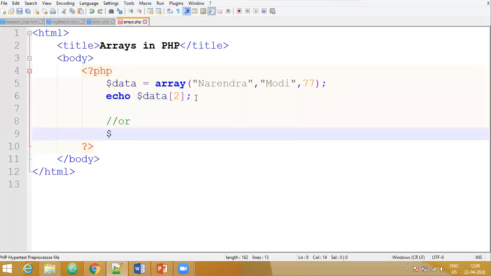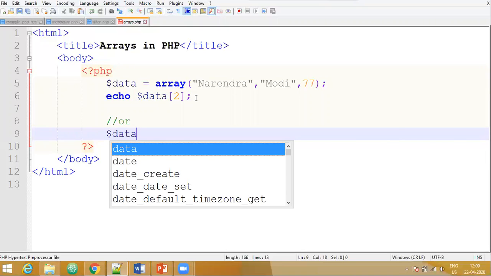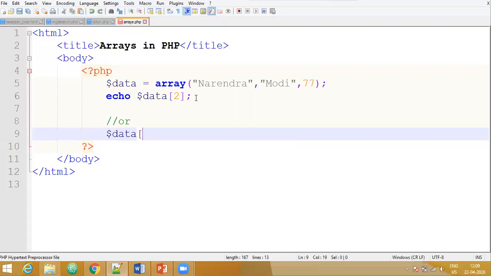So for that we say $data, and here you give the index value followed by the values.